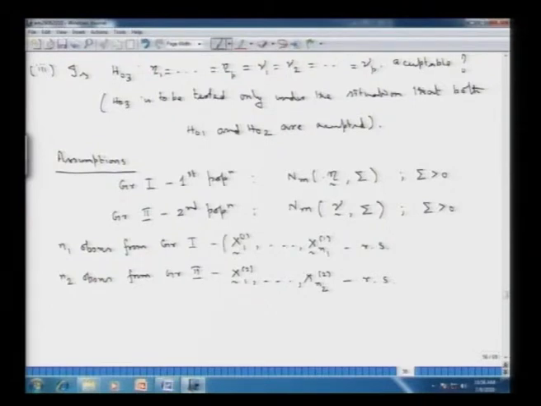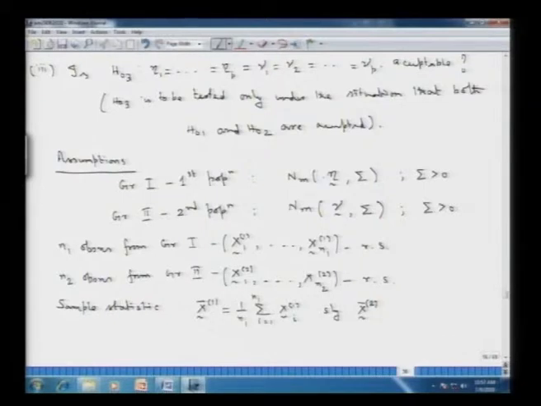Now these are forming an independent set of random vectors, and so will these, and these two also are the two random samples from two groups, and hence they are also going to be independent. Now the sample statistic that we have derived from these two is x1 bar. Let me denote that by x1 bar in order to signify that it is coming from the first population. So this is 1 upon n1 summation i equal to 1 up to n1 of xi1. Similarly, we have the x2 bar vector, which is the sample mean vector coming from the second population,